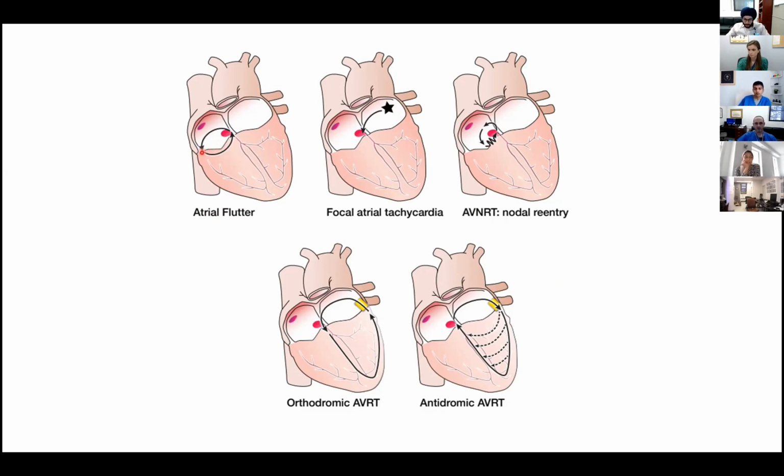It's part of the circle, and then you have this essentially circle in the right atrium that further depolarizes the atria and the ventricles. That's your flutter, right? Then in focal atrial tachycardia, you have this star here, right? It tells you, okay, this particular tachycardia originates from the left side, and even though intuitively you think